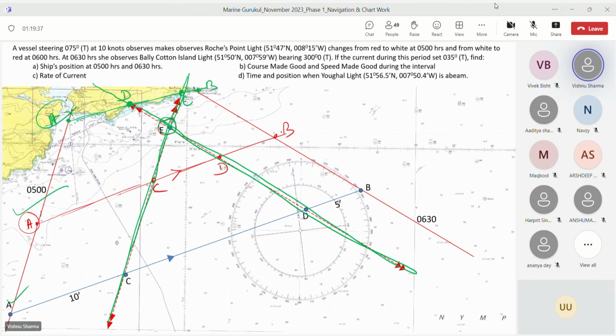First, we took any point A on the first PL. We drew the CTS up to the third PL. We got point B. Then we opened our compass 10 miles, kept it at A, and cut on the CTS line; that gave us C. Then we opened our compass 5 miles, kept it on B, cut on the CTS, and we got D. Then through C, not the point closer to A, through C, I transfer the first PL. And through D, I transfer the third PL.